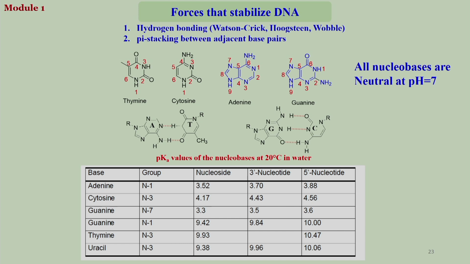If you take the enolate forms or the imine forms for the amine groups, you will see that those forms are not stable at the physiological pH of 7.4, and the keto and amine forms are the stable forms. So in DNA the nucleobases will exist in this form. This is of course responsible for the Watson-Crick base pairings: AT base pairs with 2 hydrogen bonds and GC base pairs with 3 hydrogen bonds. If you take the enolate forms, the hydrogen bonding pattern will be entirely different,